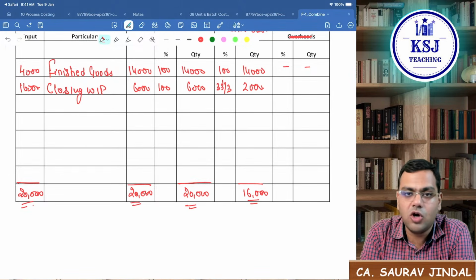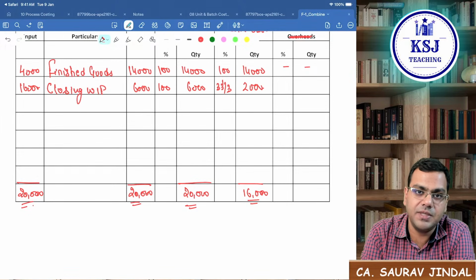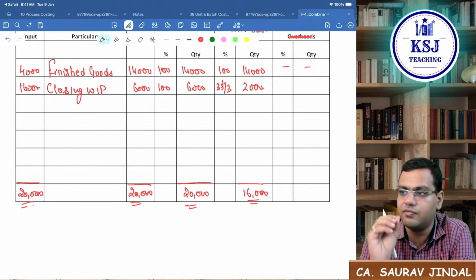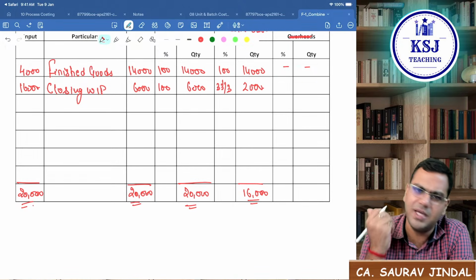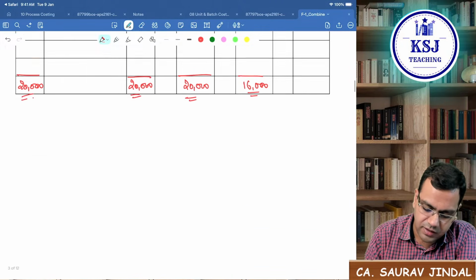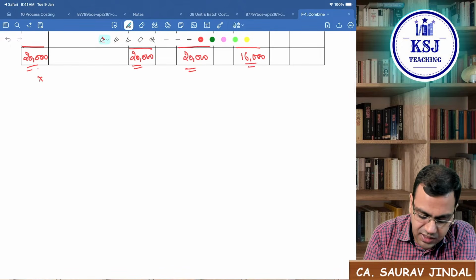So here we will not show opening WIP separately and the current period input separately. Here we are saying whatever we are processing, take it, whether from the previous period or from the current period, just take it. Very simple. Take the total quantity 100%. Then comes the statement of